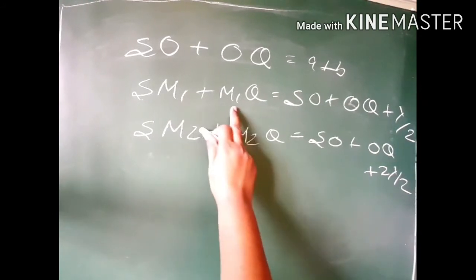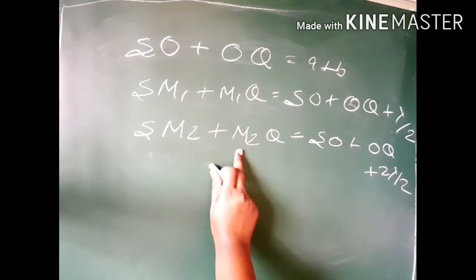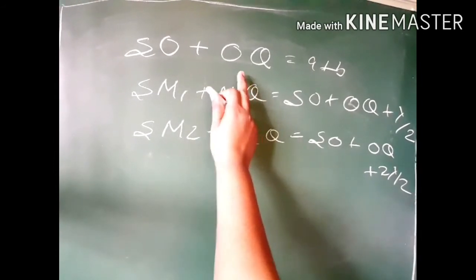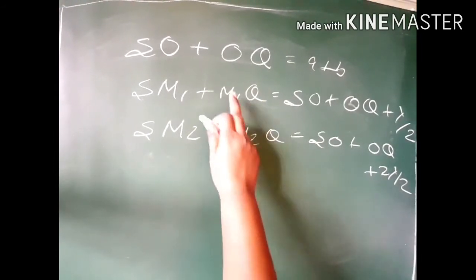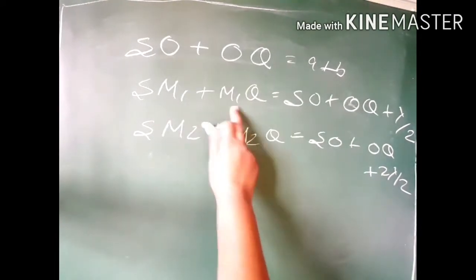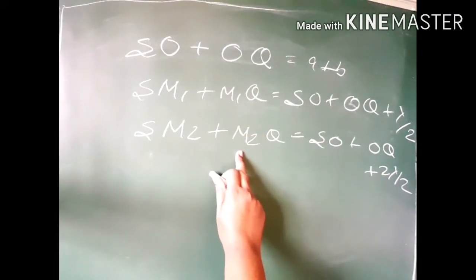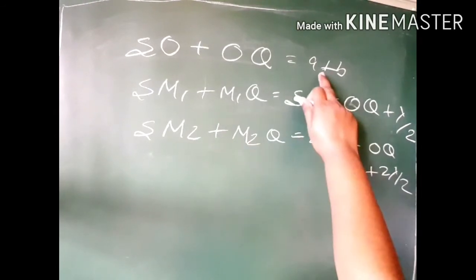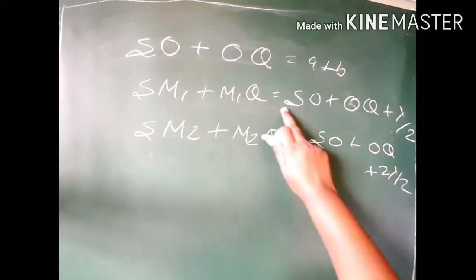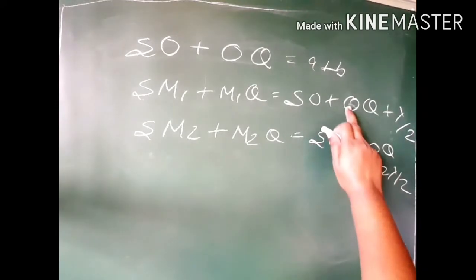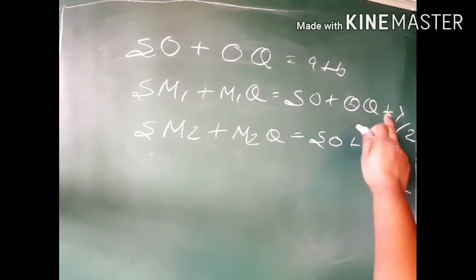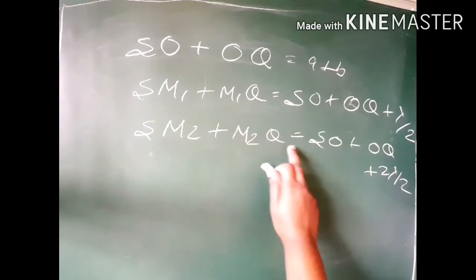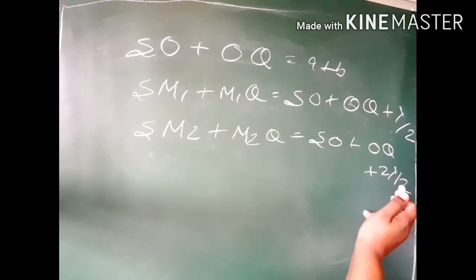This is from the third half-period zone. This is the central zone, this is the first, this is second, this is third. From the central point, the distance is a plus b. Then for the first half-period zone, a path difference of lambda by 2 is created, and for the next half-period zone the path difference created is 2 lambda by 2, and so on.